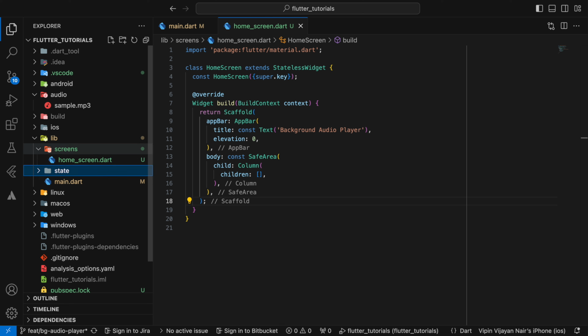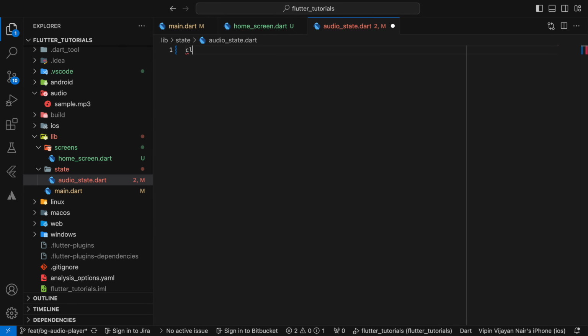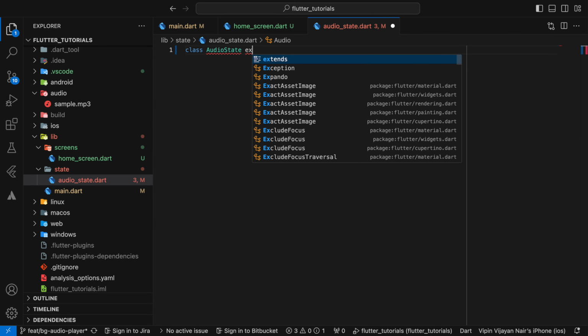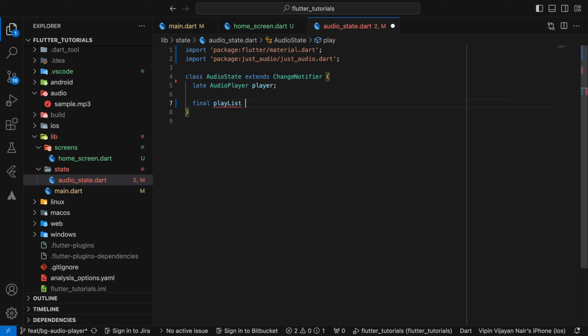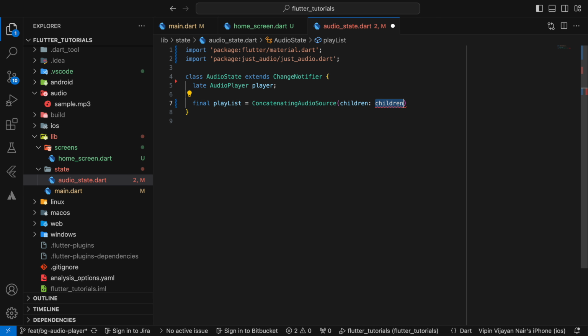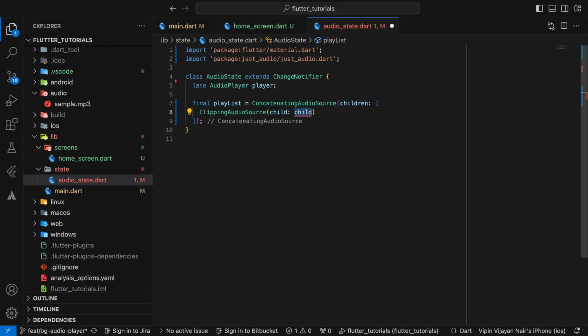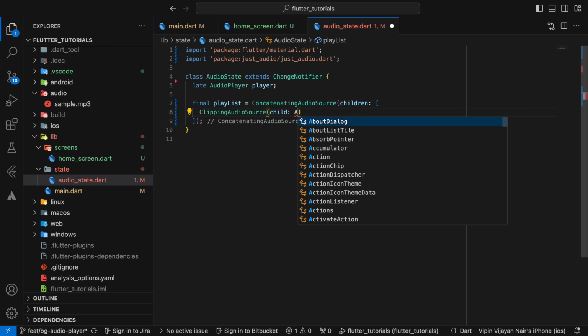Now let's create a folder called state and create a file for managing the state. I'm going to call it audio_state, and this is going to extend a ChangeNotifier and create an audio player instance variable. We'll create an instance in a short while, and let's create a playlist which is a ConcatenatingAudioSource with children. Each child needs to be a ClippingAudioSource with child,